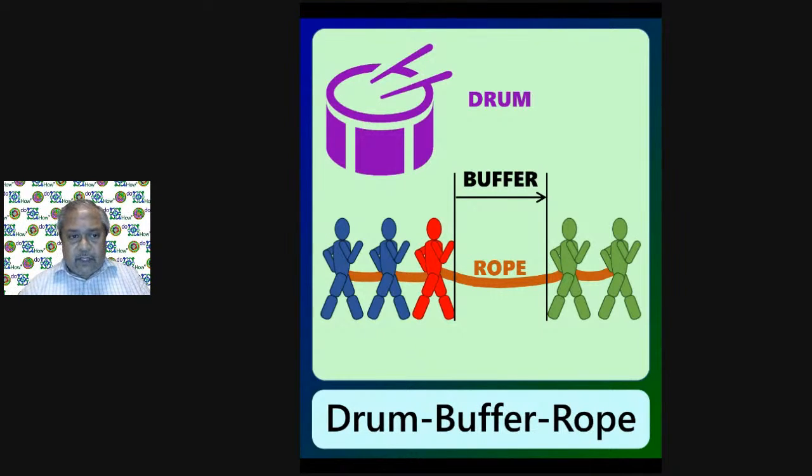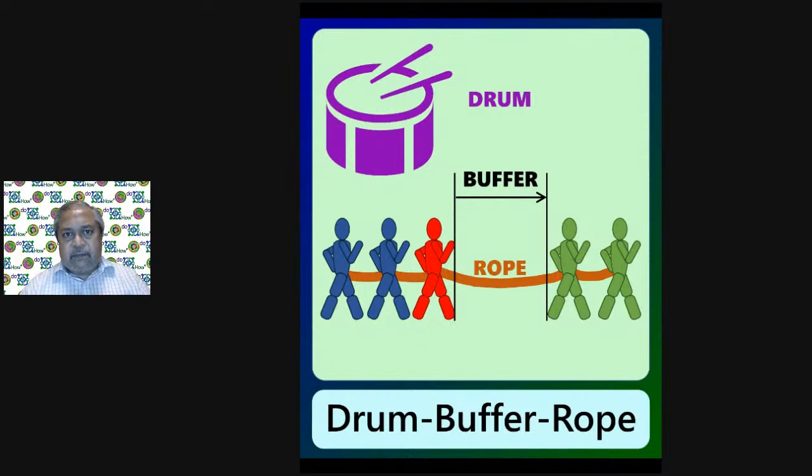But then the constraint should not stop. If the constraint stops, then the speed gets reduced. The entire speed depends on the constraint speed. And the principle is the constraint has to continuously keep running, keep walking. So therefore, let us say this length, what you see here, is the buffer. That means the constraint can still continue walking till this point, even though one of these 2 guys stopped for whatever reason. Okay? That is what the buffer is all about.